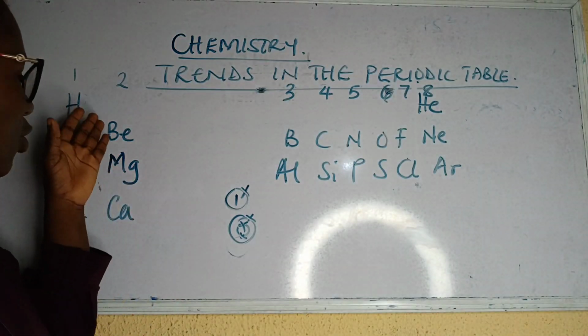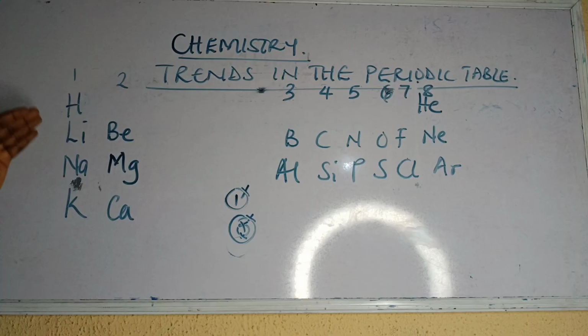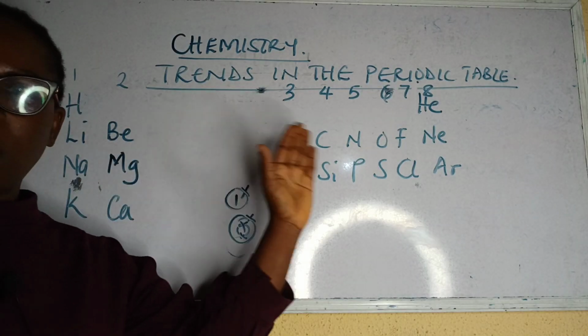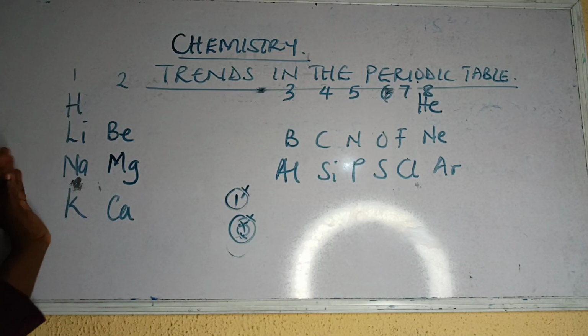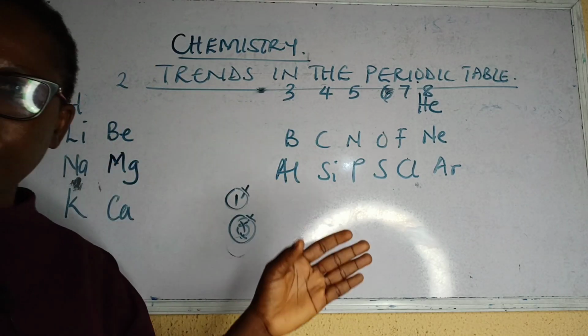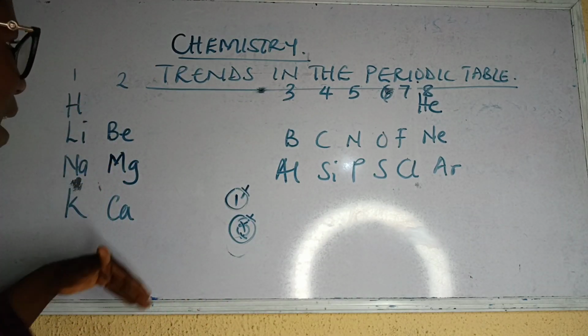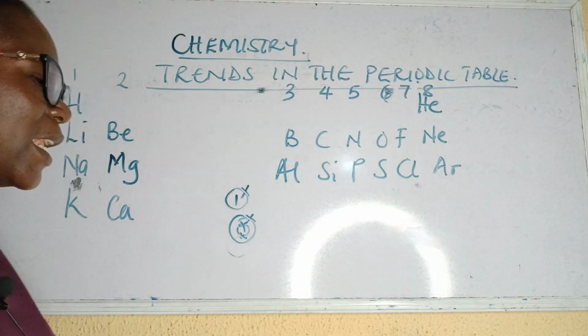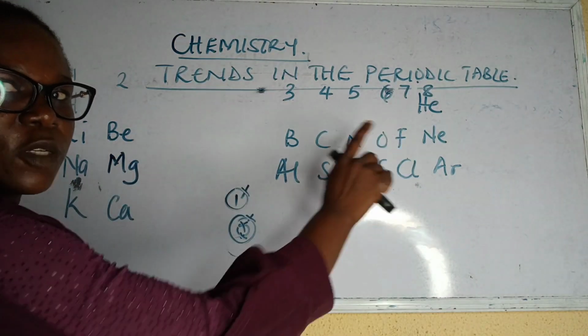Today we are considering the trends in the periodic table. Now, looking at the periodic table, which is arranged based on groups and periods. There are 8 groups and 7 periods. The groups are arranged vertically according to their valence electrons, while the periods are arranged based on the number of